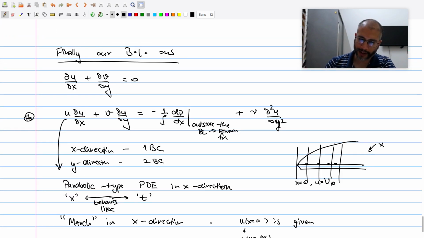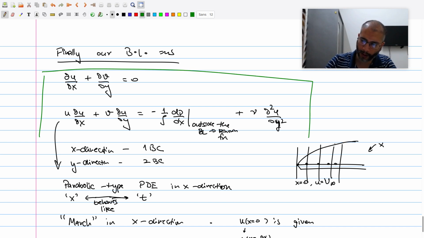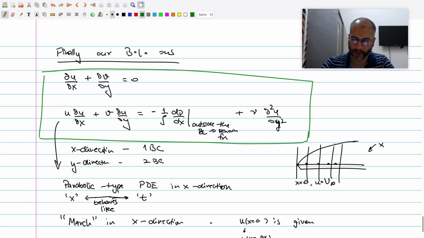So what is the next step? We have very nicely used the idea of order of magnitude analysis, and we have now obtained our equations. These are our equations of the boundary layer. Inside the boundary layer, all we have to solve are these two equations, and this will help us find the u and v fields. So we are going to solve for u as a function of x and y, and v as a function of x and y.